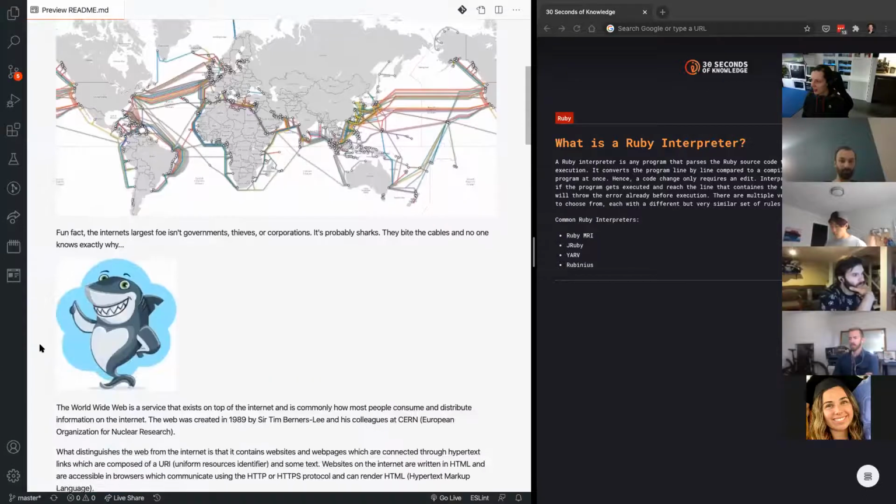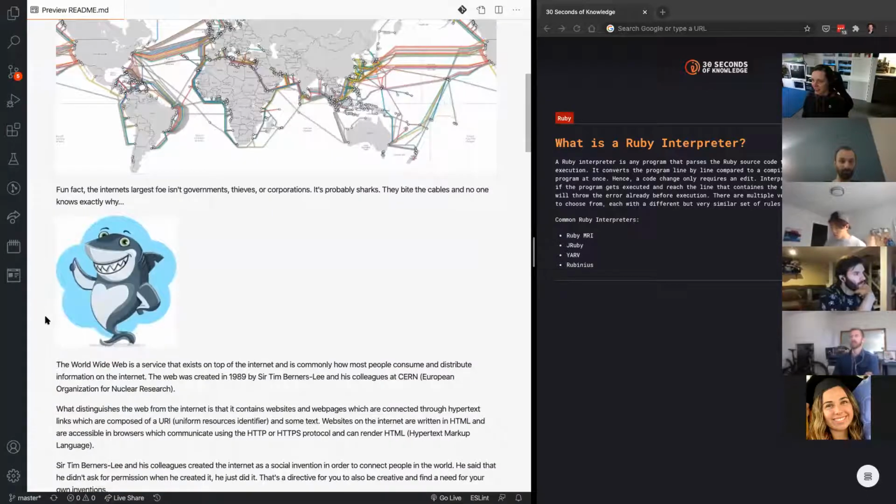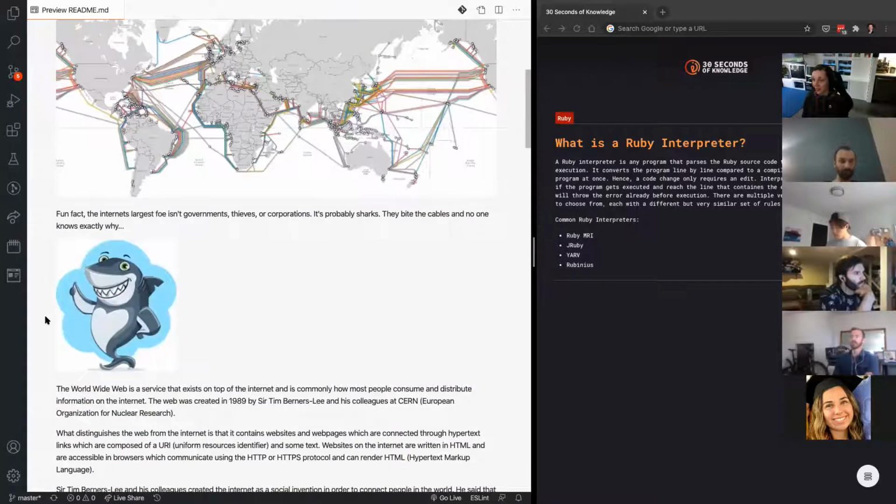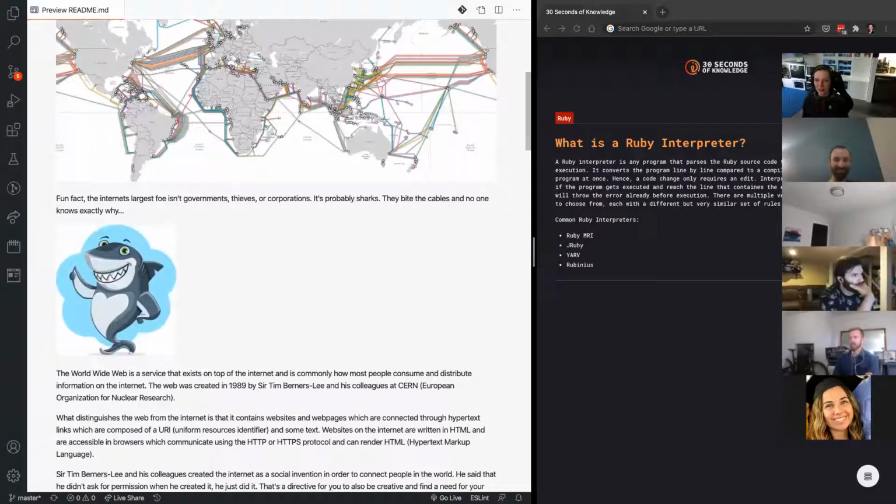And here I have a little fun fact, I got this little shark in here. Apparently, I didn't actually realize this, but one of the biggest problems with these cables in the ocean is that sharks bite them. I don't know if anybody else knew that, but I found out that that's apparently a problem.